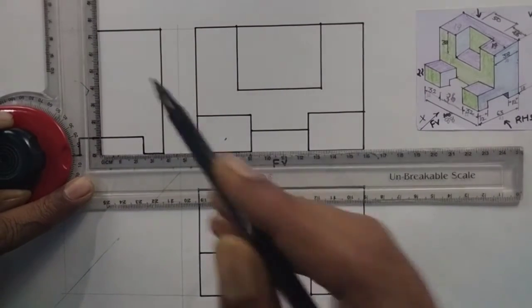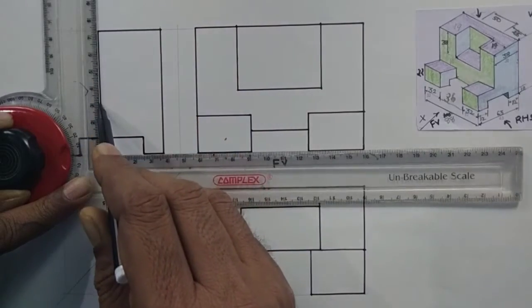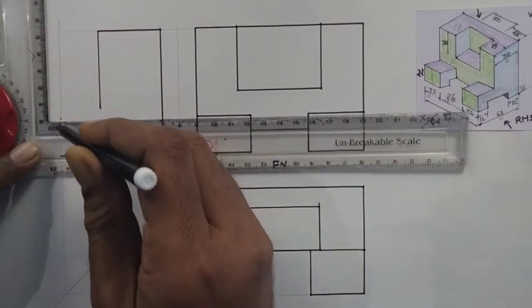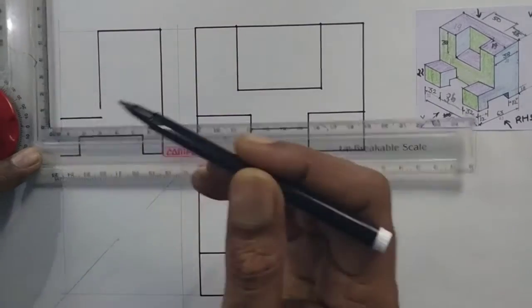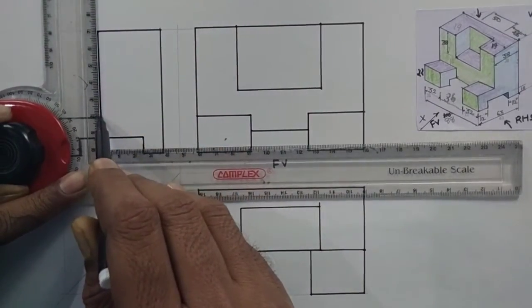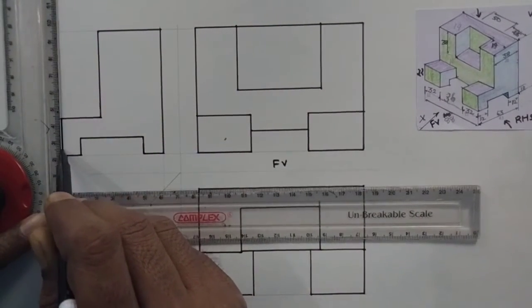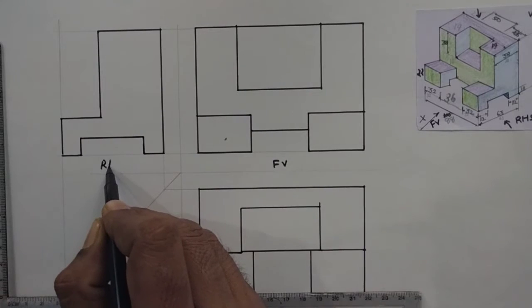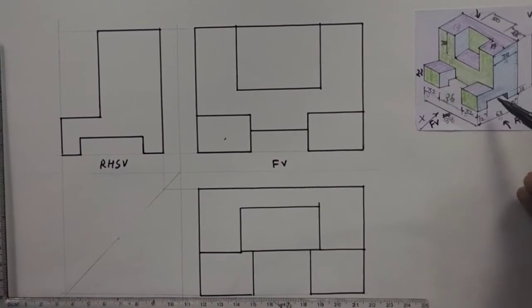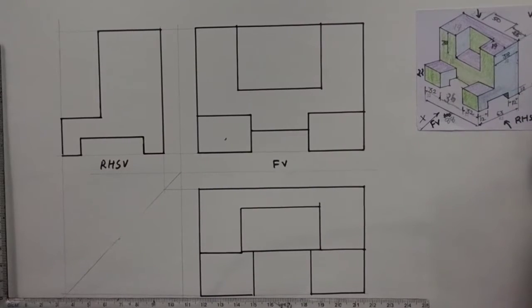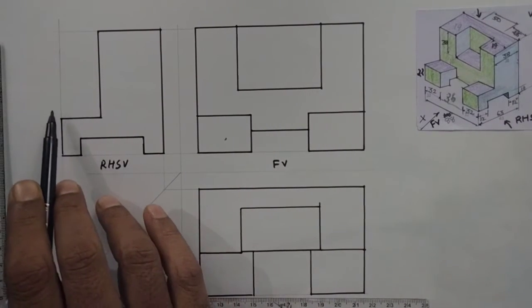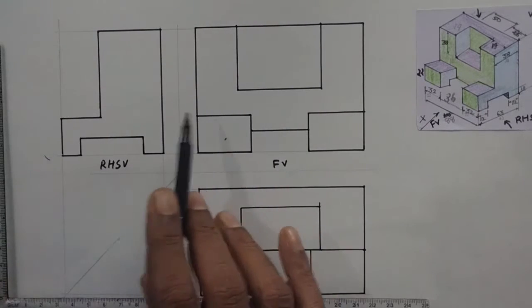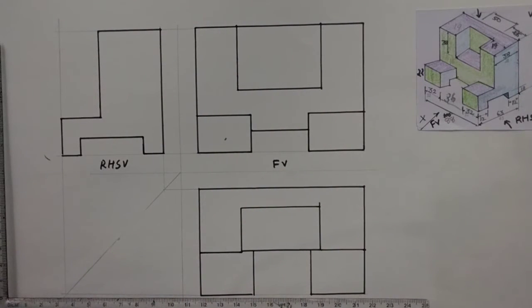So first I move in the downward direction. From this point there is a width parallel line, and we can complete this area, the blue shaded area of the right hand side view. Now what you take care of is this part, this corner, it is away from VP. Now we check here, this part is away from our VP plane. So it is the right way for our side view representation.